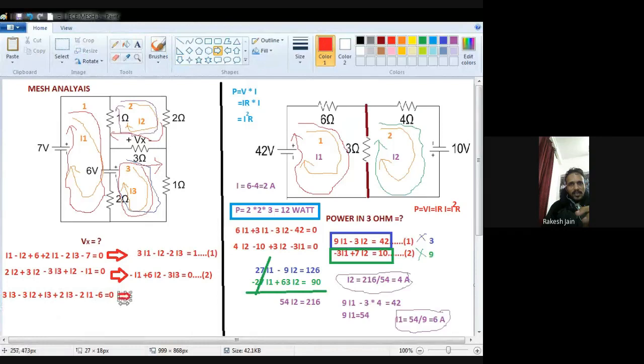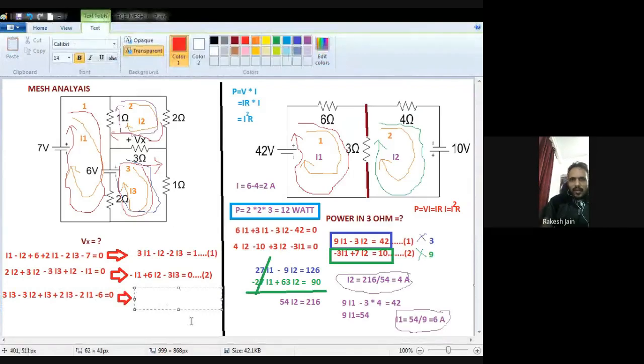Can you understand this, Amit and Ashish? Yes, sir. So by simplification we will find out how many I1 are there. Only minus 2 I1. How many I2? Only minus 3 I2. How many I3? 3I3 plus I3 is 4I3, plus 2I3, that is 5I3. So plus 5I3 is equal to minus 6, which goes to the right hand side with the polarity changed. This will be your third equation.